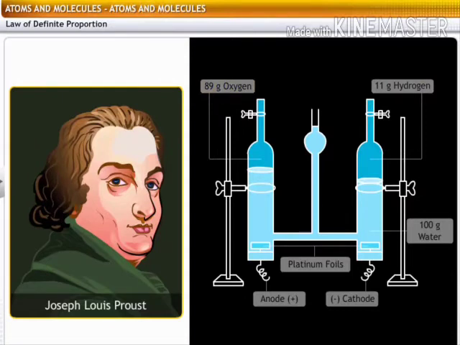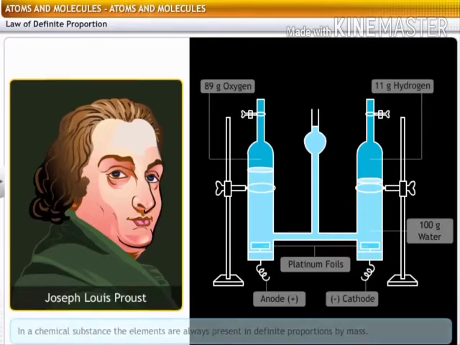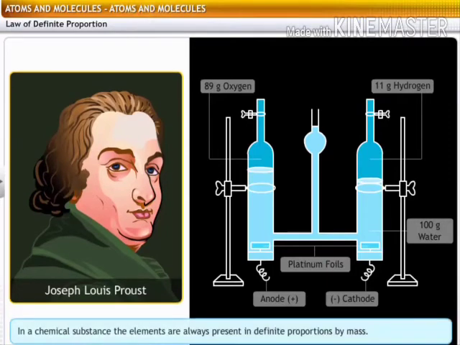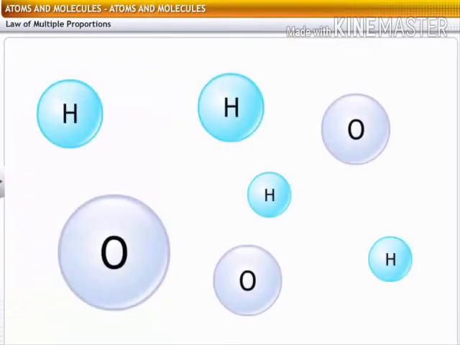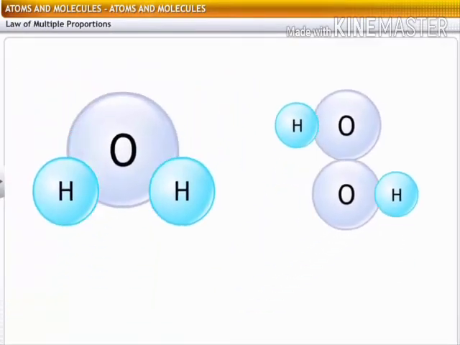He later purified and analyzed numerous compounds and concluded that every pure substance contains the same elements combined in the same proportions by weight. So, the law of definite proportions can be defined as: in a chemical substance, the elements are always present in definite proportions by mass. Hydrogen and oxygen can combine in different proportions to form different compounds like water and hydrogen